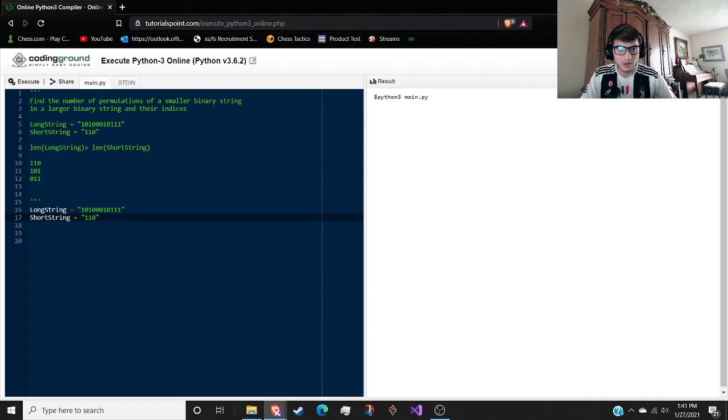Hello, today we're going to be going over a problem which is commonly found in many interviews and is kind of a LeetCode problem, which is to find the number of permutations of a smaller binary string in a larger binary string and also find the respective indices of each permutation. For example, here we're given a long string